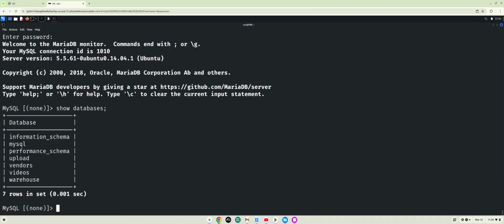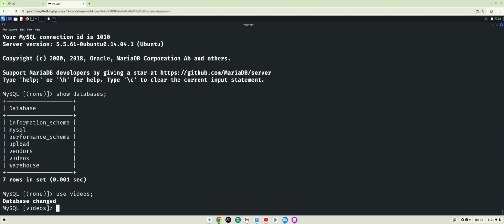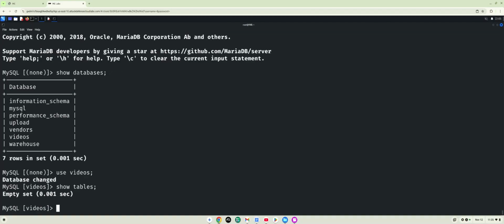All right, so let's say I wanted to see what was in the videos database. Now that I can see it's showing me more when I'm actually on the server, let's see if I can see any tables under videos. So I switched, and now it took me into the videos database. Now I'm going to say show tables semicolon, and nothing. So it appears that more than likely these are empty, but in real life,